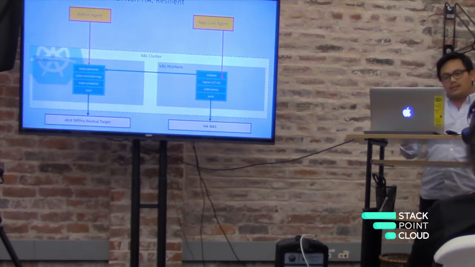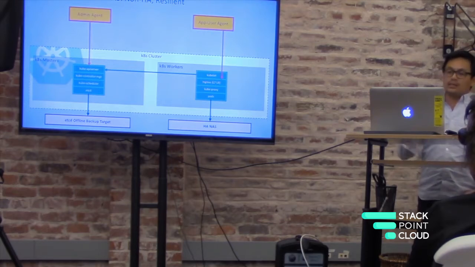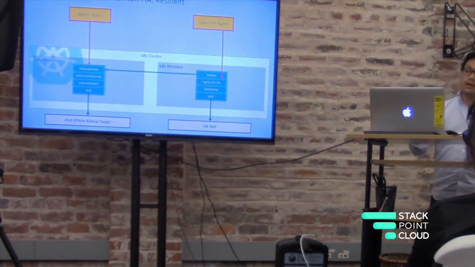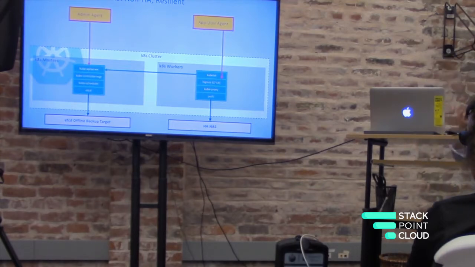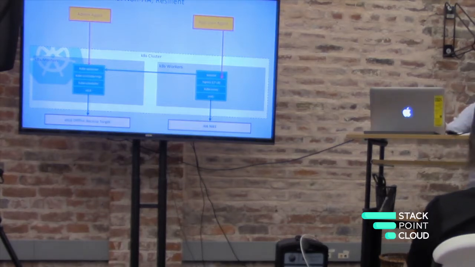Here is a 1 by 1 cluster plus offline backup plus HA NAS. This makes it non-HA because if your master dies, you have service disruption. If your worker dies, you still have service disruption, but you can recover from that. You are resilient because your etcd is backed up in some target outside of the Kubernetes cluster. If you have an HA NAS, like Gluster FS, DRBD, whatever you want to use,